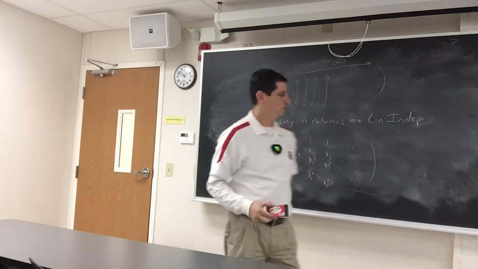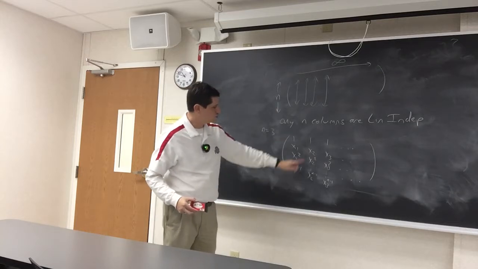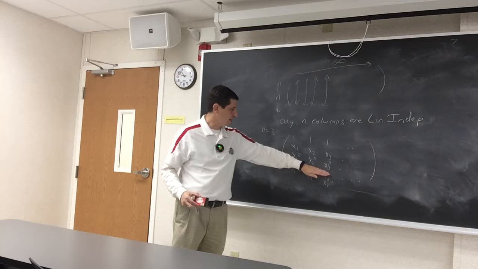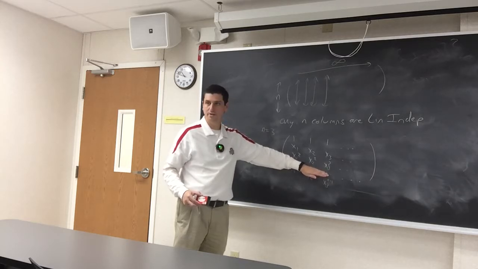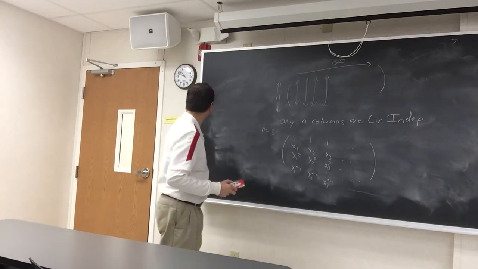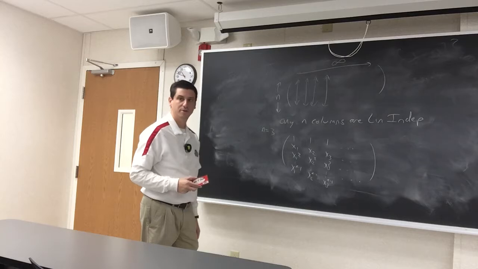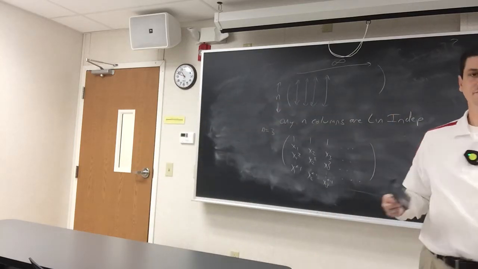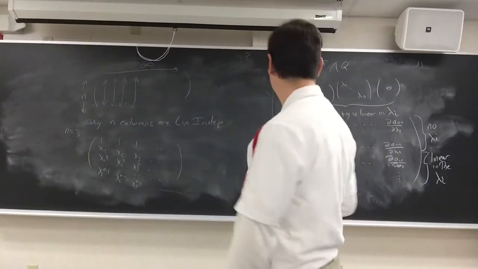And so when I look at this, let's say I'm just looking at a 3 by 3 case. If any xi equals another one, so if x1 equals x3, the columns are linearly dependent. You can then show that that's the only way that you will have the determinant be 0. And as long as the determinant is not 0, you win. So explicitly,